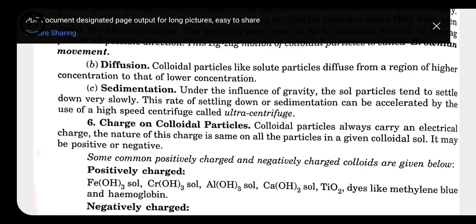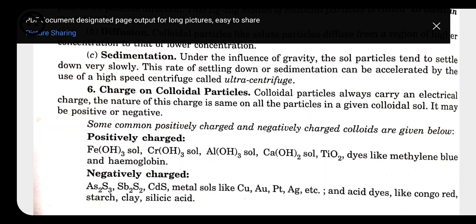So here one question is asked: how do these colloidal particles acquire charge? Many theories came to prove that these have charge, and to explain the reason for the charge. The first theory is that it is because of friction. Because a number of particles are present in the solution, they collide with each other. Because of the collision, friction is generated, and because of this friction, they acquire some charges.